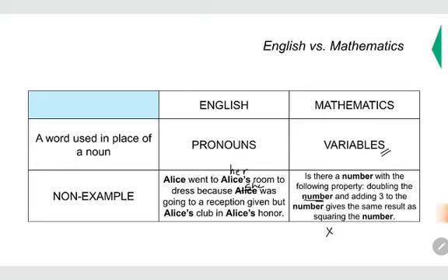This number can be any number, and x, we will use x to signify that. Doubling, making it 2 times. So 2x and adding. Add. Magpa-plus ka daw. 3 to that number, to this one number, x, gives the same result. So that means equal as squaring the number. The number is x, diba? We will use x to stand in squaring the number. So this is how I will use